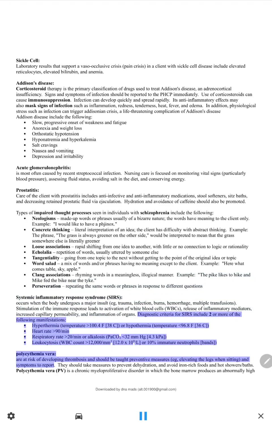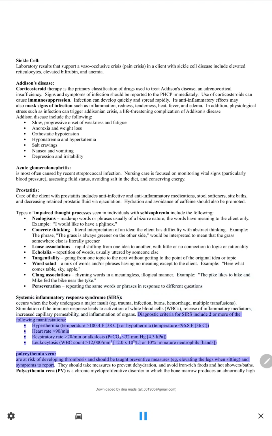Diagnostic criteria for SIRS include 2 or more of the following manifestations: hyperthermia, temperature greater than 100.4 F, or hypothermia, temperature less than 96.8 F, heart rate greater than 90 per minute, respiratory rate greater than 20 per minute, or alkalosis, PaCO2 less than 32 mm Hg, leukocytosis, WBC count greater than 12,000 per cubic millimeter or 10% immature neutrophils,